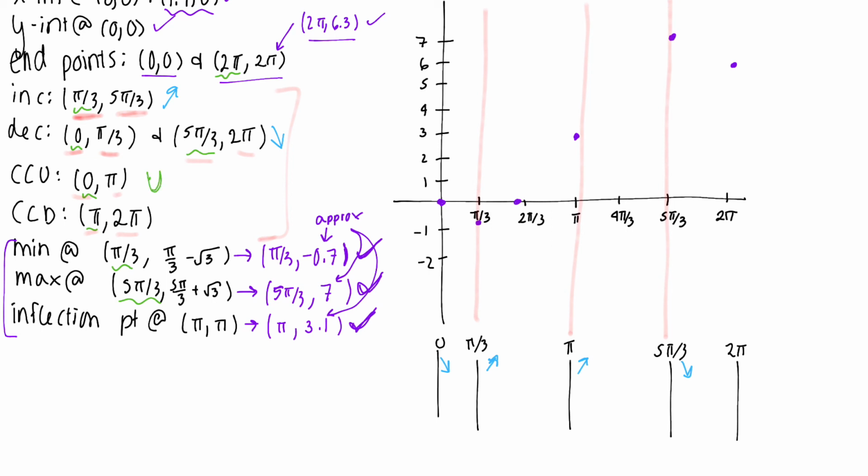For concavity, we are concave up from 0 to pi. We are concave down from pi to 2 pi. Now we can draw this picture. So we have this shape here: decreasing concave up, increasing concave up, increasing concave down, decreasing concave down. So now we have the picture. You can kind of see what the picture is going to look like just from these points, but filling in the blanks here,